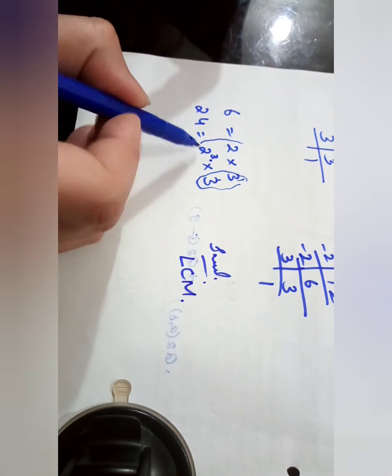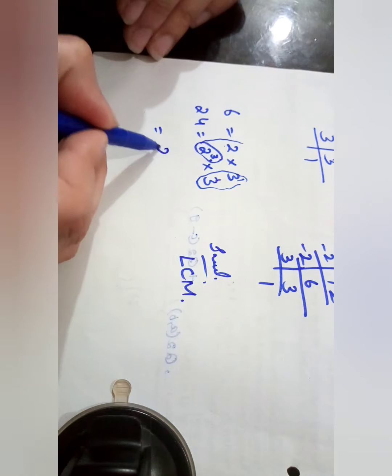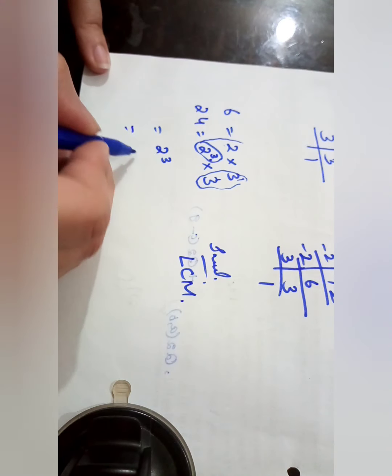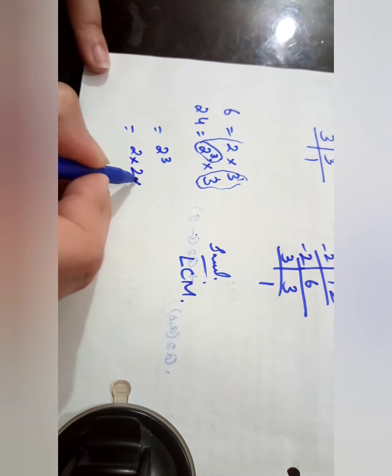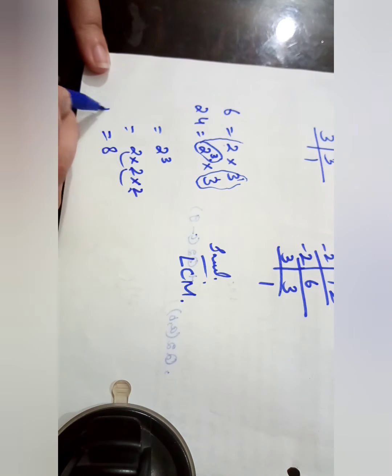So in that case, keep one thing in mind: smallest value. Whenever we are working with the LCM, we always take the term with the greatest power. So we will select 2 power 3. 2 power 3 means 2 multiplied by 2 multiplied by 2. So 2 2s are 4, 4 2s are 8. So what is the value of n?